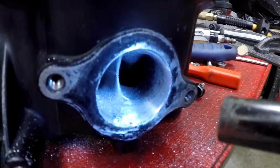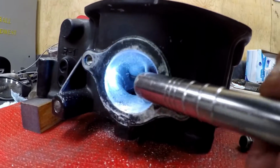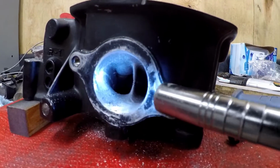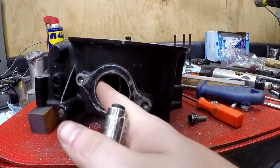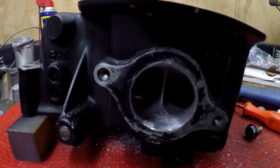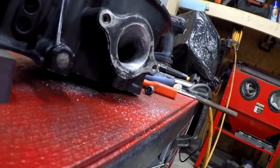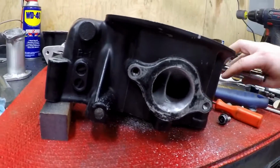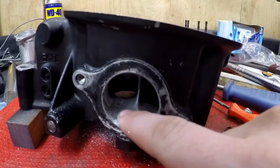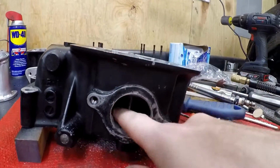help that flow there. And then where they cast, you can see that line that travels down into the intake. That's just the part line for the mold. So I'm just going to knock that down a little bit, but I'm not taking any real material out. I'm not reshaping anything, just cleaning it up. And then we'll take some really rough sandpaper and hit that again and rough it up. So we'll give it one consistent kind of